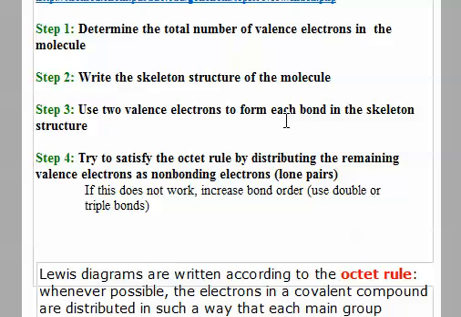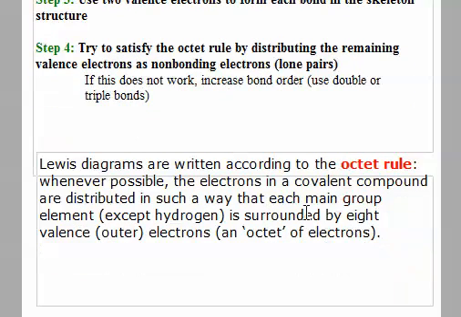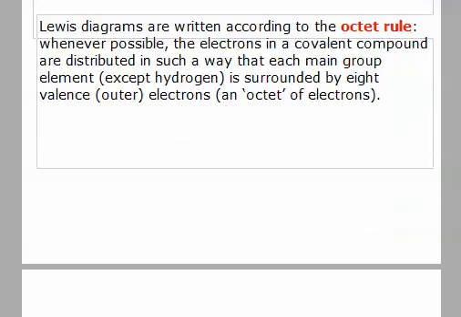rule. Okay, and again, this octet rule says that whenever possible, the electrons in a covalent compound are distributed in such a way that each main group element is surrounded by 8 valence electrons, or an octet. Now, there are some exceptions to this rule that we're going to see later, but for now, we're going to try to satisfy the octet rule, and it works really well in many simple cases. Okay, so let's do a few more